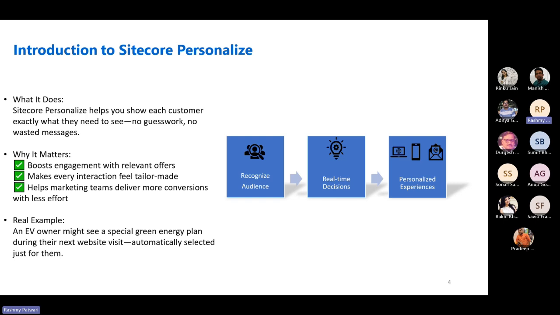If you're an EV owner, you would like to see plans that are specific to electricity, and some consumer plans. That's how it makes their job easy, and you don't want to see 200 plans laid out on the website page after page. You just want to see the curated result. So this is what is enabled by Sitecore Personalize.